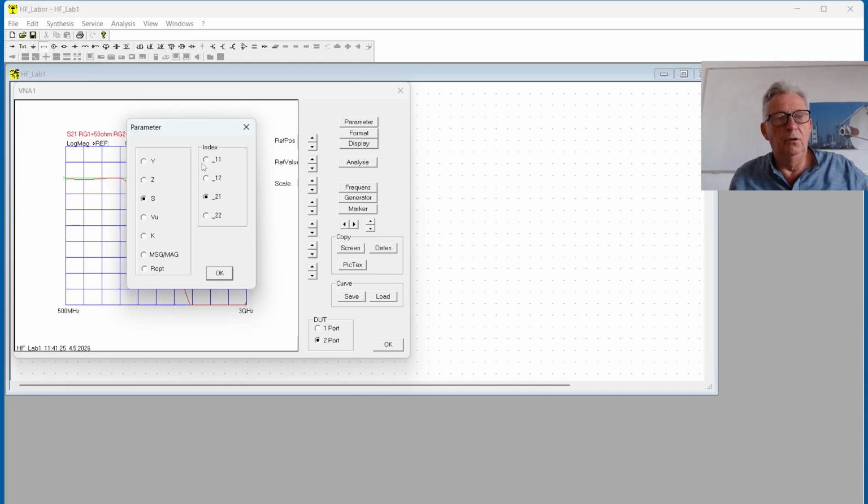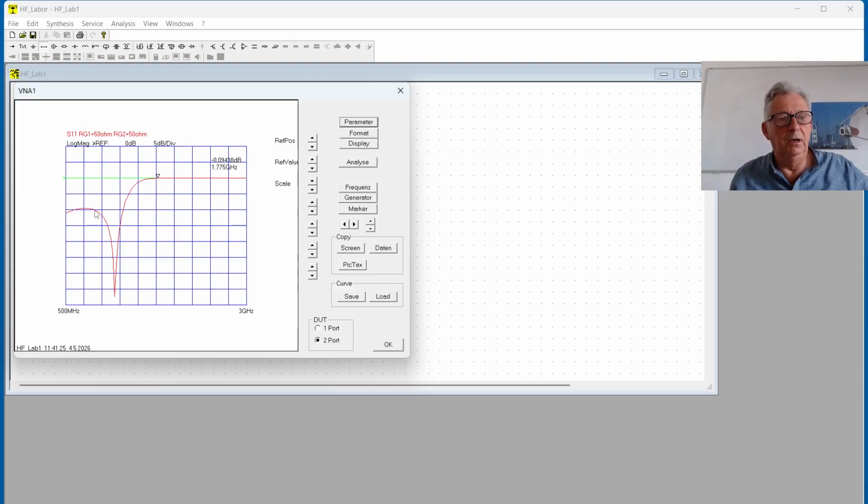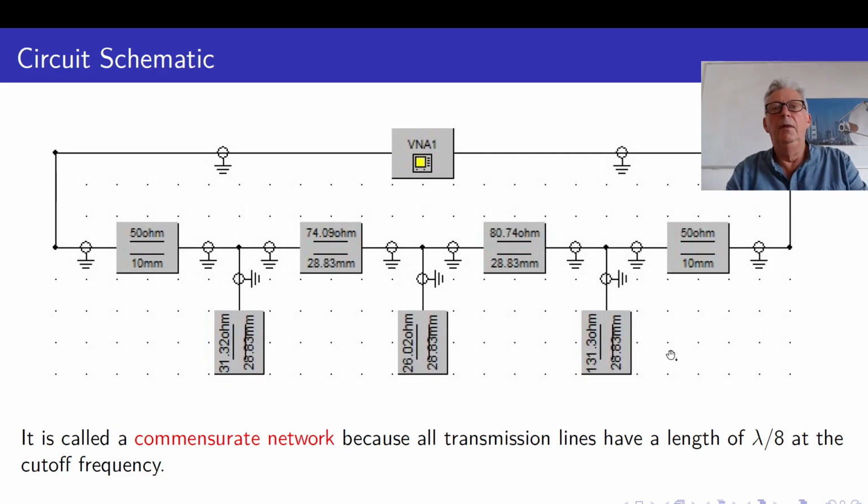We can also have a look at the parameter S11, and then you see here in the passband of the filter, due to the ripple, we will have some reflections in the passband, and the reflection will be around about 9 dB. So with the help of the simulation tool we could now do the creation of our transmission line filters,